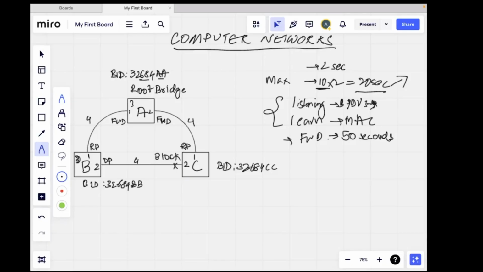Okay, so let's consider the same diagram as we considered yesterday. Let's say the link between switch A and the link between C goes down. Okay, so this goes down, right? So now what happens is we have another port on C, which is port 2, which is in the blocking